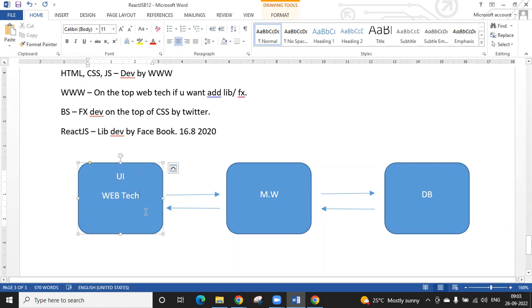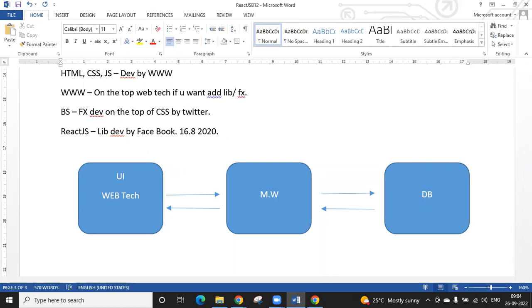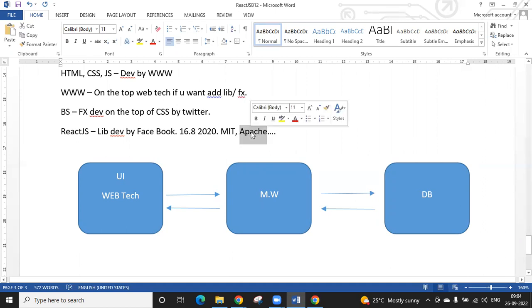If you want to develop your own framework or library, you can definitely develop it. Once you develop it, people will not approve it without a license. You need to go for licenses. Across the world, which is the top open source license? MIT, Apache, and a number of others are there. Mostly we use the MIT license. Initially React.js was under the Apache license. Now they are moving to the MIT license. There will be different reasons, but whatever the license, we can use it for free.